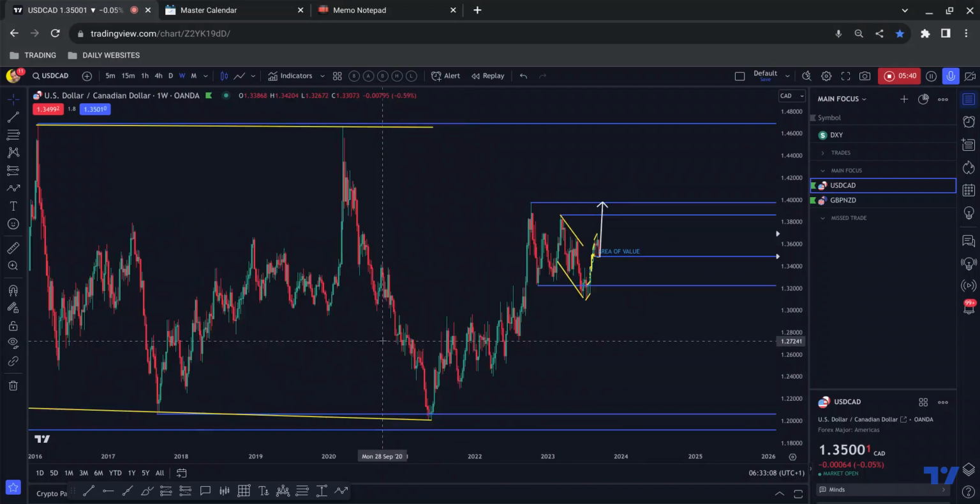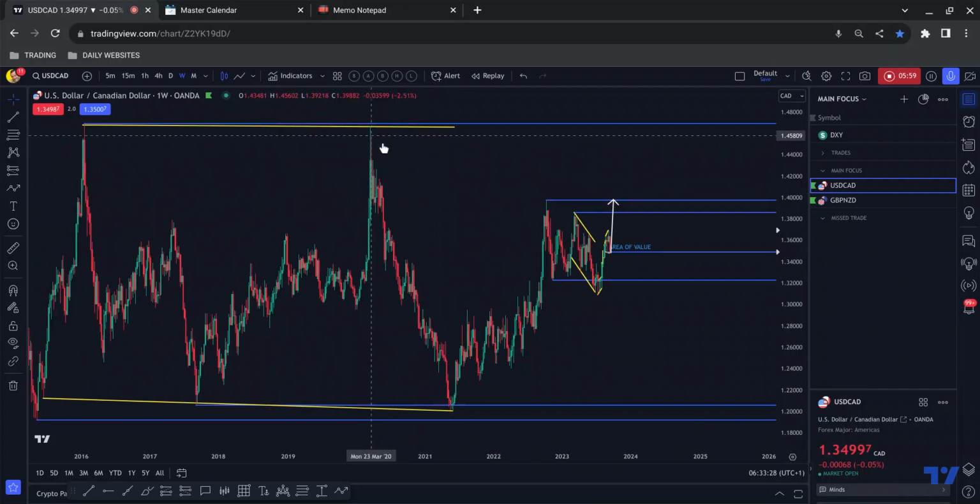Okay, so two slight negatives there, but we have kind of negated them by way of the fact that we have since impulsed out of this structure aggressively and then formed quite a clear piece of structure here, about halfway into this potential impulse correction continuation, about halfway between this range, okay, where we also have another near miss. A lot of these near misses don't get filled straight away. So we can have a near miss down here. Price then completes this structure, fills this near miss before pushing to the downside. Okay, so not all near misses get filled straight away. However, it's important to be aware that they're there.